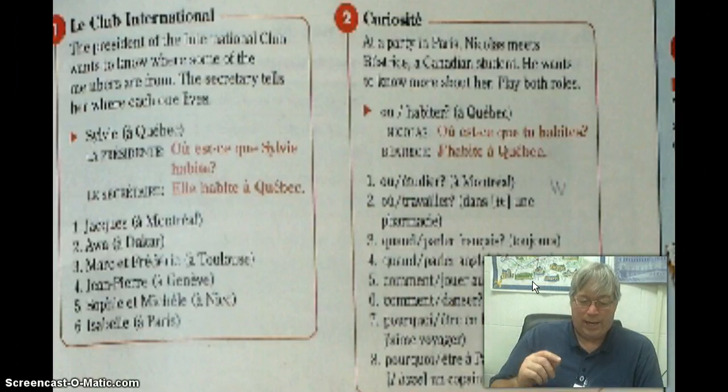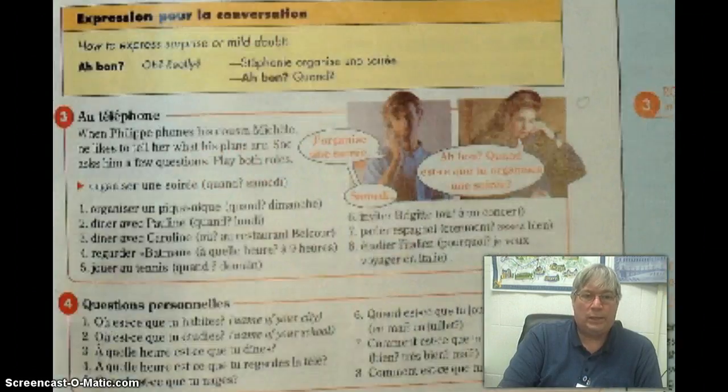Again, you should have said, pourquoi est-ce que tu es à Paris? Why is it that you are in Paris? And I'll say, parce que j'ai un copain ici, because I have a friend here. Okay? Hopefully this is making a little bit of sense. The key is that you know question word, then est-ce que, then your phrase, in this case, tu es, or whatever the action was. We're going to have you do one more, just to make sure that you know how to write these out. Look at the bottom of the page here. By the way, I'm just going to point out, ah bon is like, we say, oh, really, usually in English. So ah bon in French is like, oh, good, or oh, really, in English.